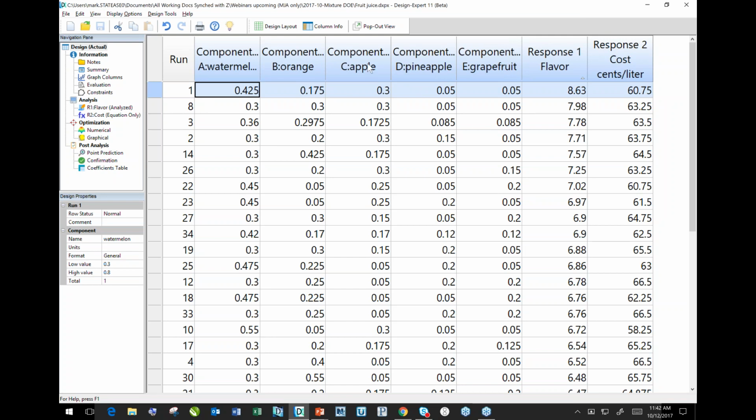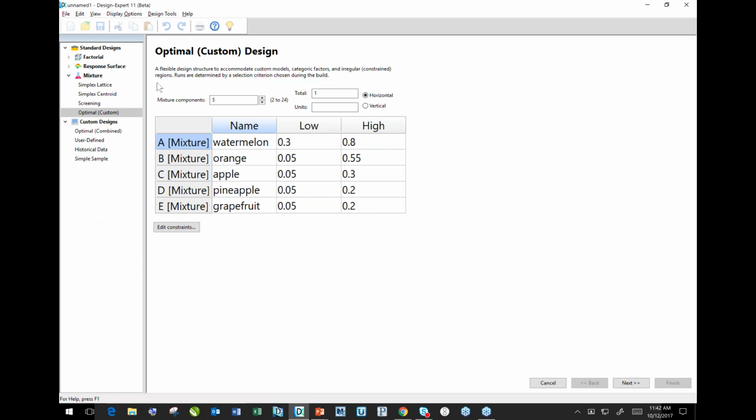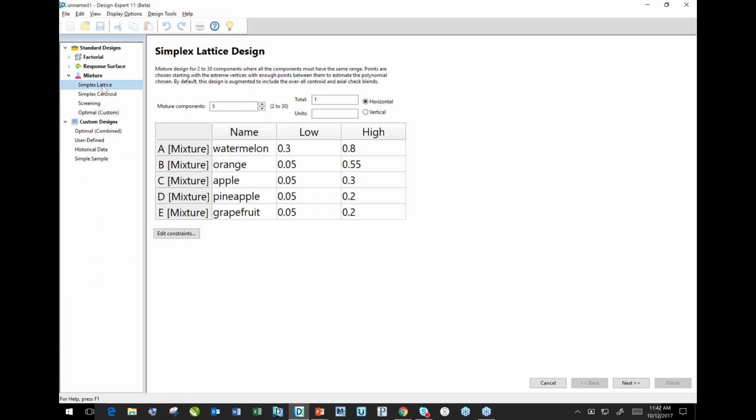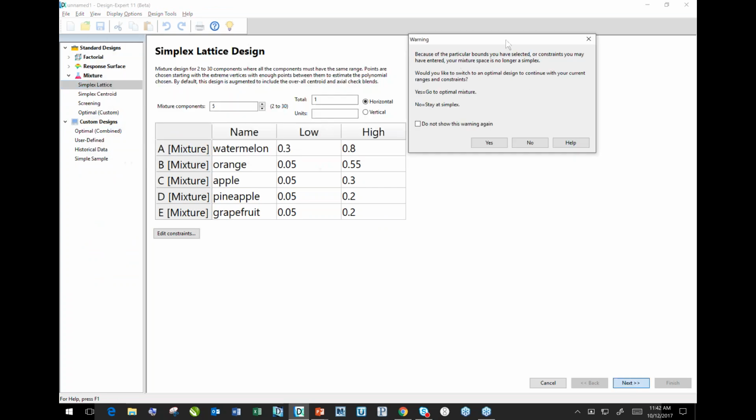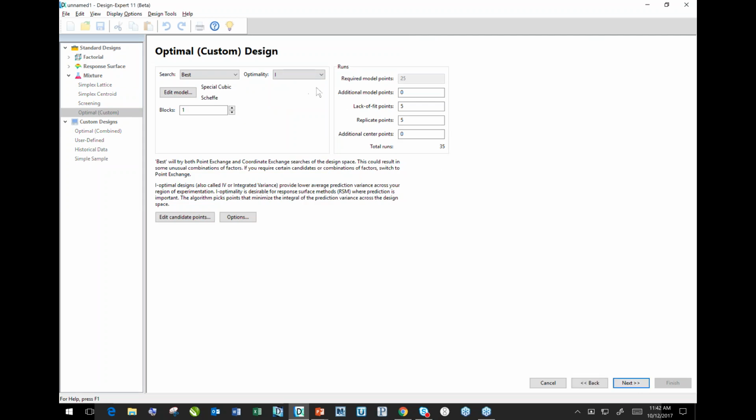So now we have a new case that I want to detail just a very quick bit in terms of how this gets set up. This one gets set up here under the optimal custom, because if you try to do one of the simplex designs with this, it won't fit the simplex, and the program will warn you off of that. And if you say yes, it'll just put you right back to the optimal custom. So we can't use one of the standard simplex designs for this because of the cutoff at the top on the watermelon. Now, the way the program works is it sets you up pretty much automagically with an optimal design,